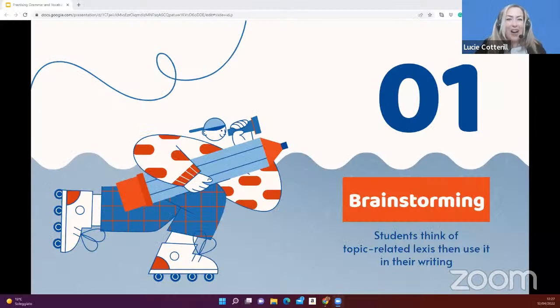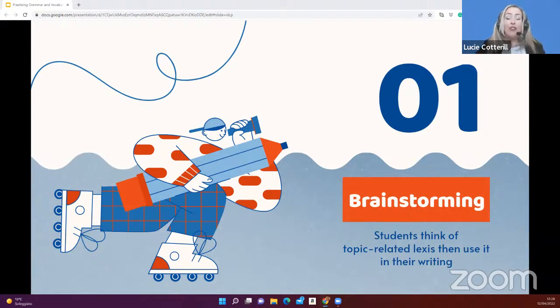Here we go. Okay, so this activity, I think it works really well because you add a fun element of challenge. And somebody mentioned earlier they were working with teenagers. Teenagers love a challenge, don't they? So you could say, I bet you can't use 19 words. So there is a little bit of competition there if you want competition in your class. And it's also practicing a really important stage of writing, which is activating the topic related vocabulary in the brain before you start to write.